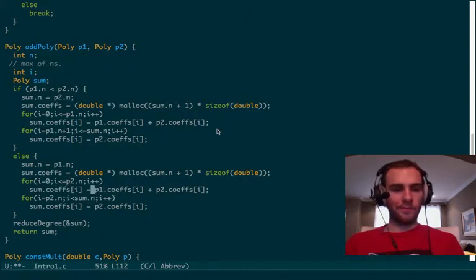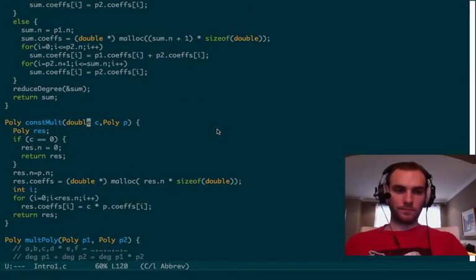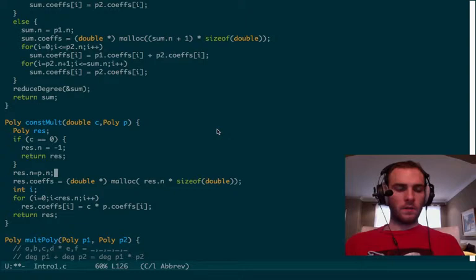It's just in terms of being an array of coefficients, that kind of having n mean the number of elements in the array makes sense, but if you want to